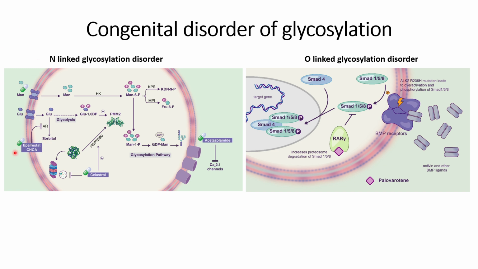The other drug, that is rested CHCA, its function is to produce more PMM2 enzymes, so that the low efficiency of the PMM2 enzyme will be compensated by the high production of this PMM2. How it does this is that it will reduce the side product formations in the process. For example, this glucose to sorbitol formation will be inhibited, and that will cause more production of this PMM2. And more production of this PMM2